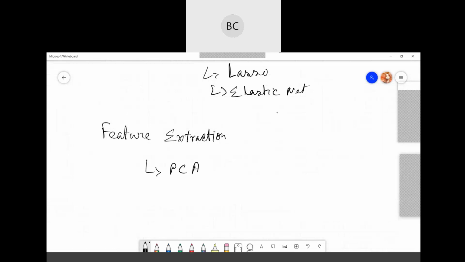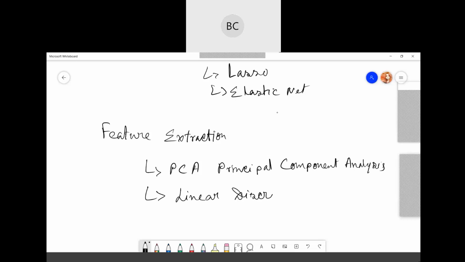PCA is principal component analysis. And LDA is linear discriminant analysis.